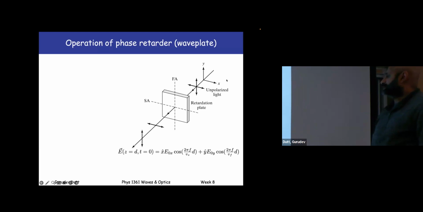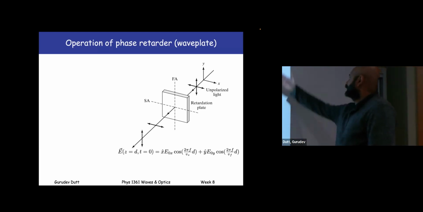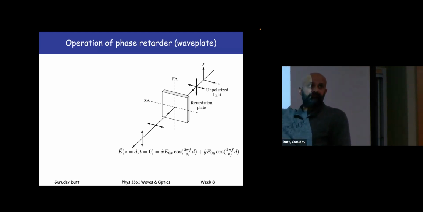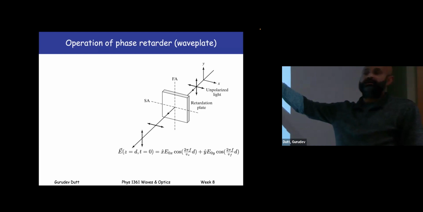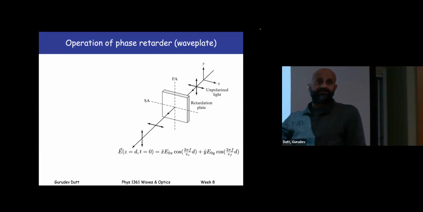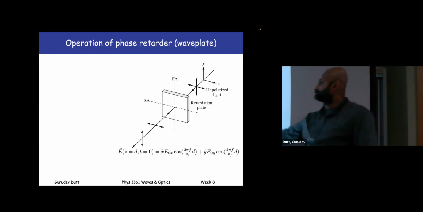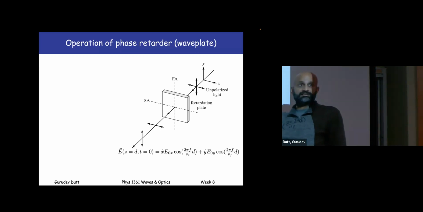So in this situation, what we have done is, again, we have taken, say, unpolarized light, which is coming in, and we have got a wave plate, which, as I mentioned to you, has something called a fast axis and a slow axis. And the idea of the fast axis is that light that's polarized along the fast axis, meaning the